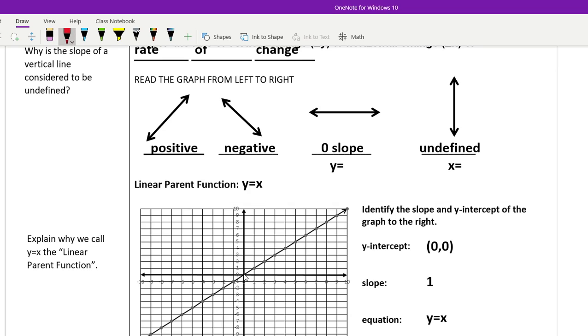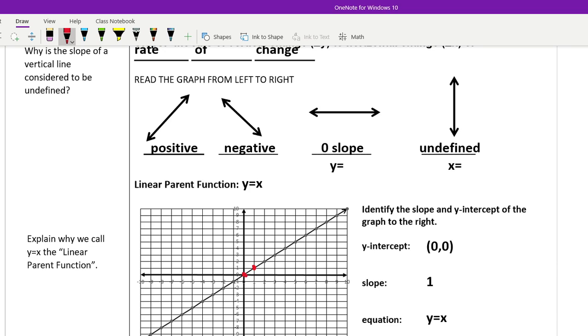So if I were to use 2 points, I could use the origin and the next closest location that is positive, 1, 1. Whenever I plug the values in, I have y equals 1x, my slope times x,